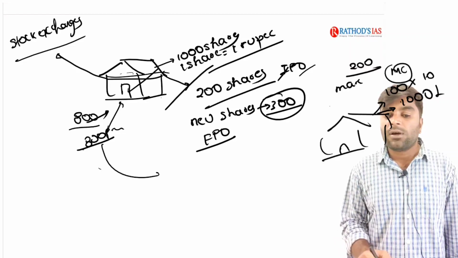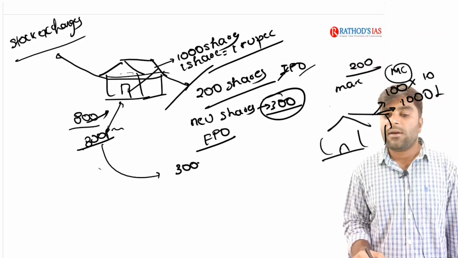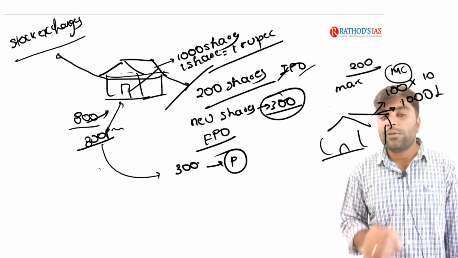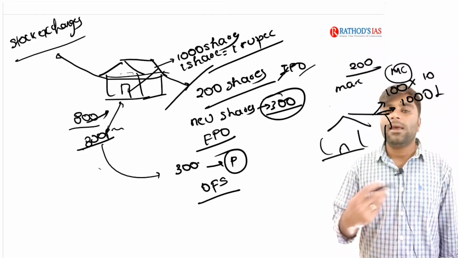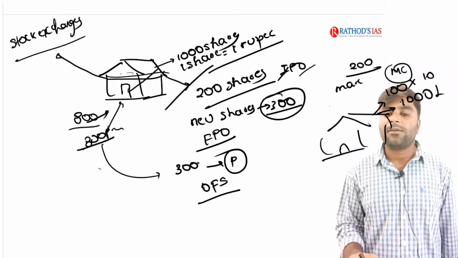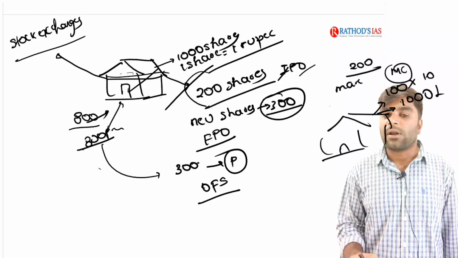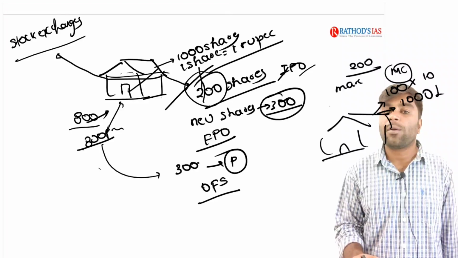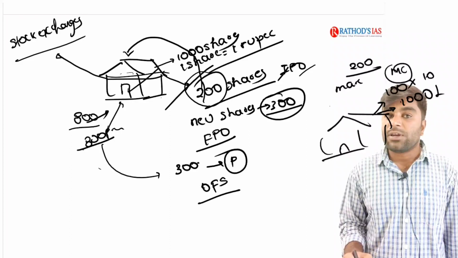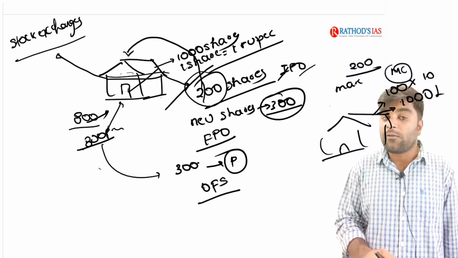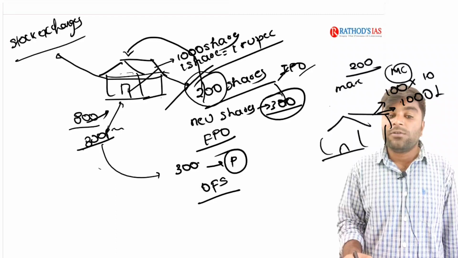Now if the promoters sell about 300 shares to the public out of their 800, we call that an offer for sale. Clearly, to put it very simply, in the first 200 shares when this was sold, the amount, like 200 rupees, will go into the account of the company. And the new shares of 300, these are new shares, not out of the 800, the amount of 300 will go into